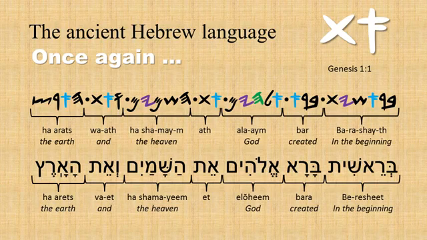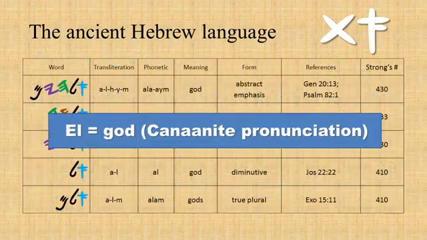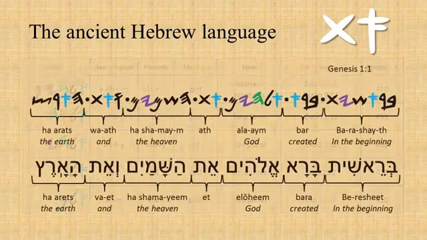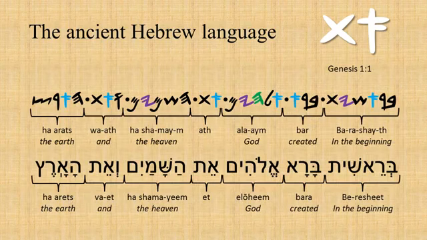In the Tiberian Hebrew, you heard the consonant wa pronounced as v, when there is no v in ancient Hebrew. You also heard the word God pronounced as Elohim. The Canaanite word for God is El. The Hebrew words for God are Al, Alo, and Allah-Aim, all of which were the precursors of the Arabic word for God, which is Allah. This particular word from Genesis 1:1 is pronounced Allah-Aim, not Elohim. There is no long O vowel in this word, and the letter Ha is silent unless it is the first letter of a word. And in this verse, the word is the definite article Ha, the, Ha-aratz, the earth, and Ha-shamayim, the heaven.